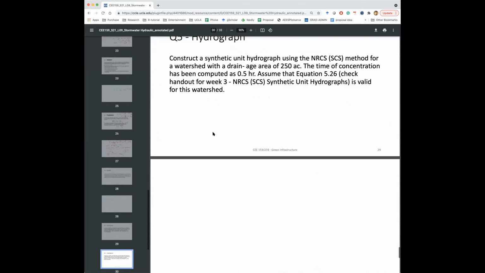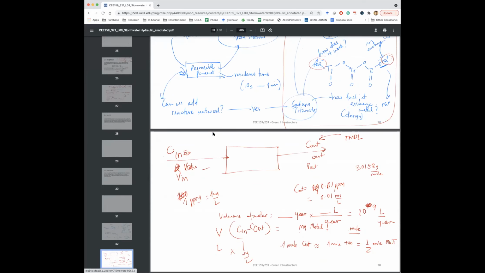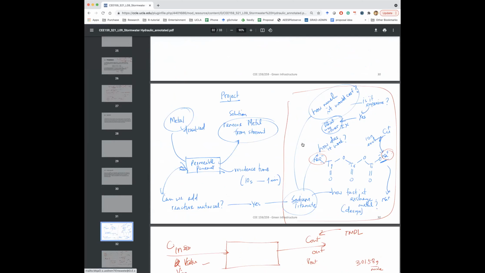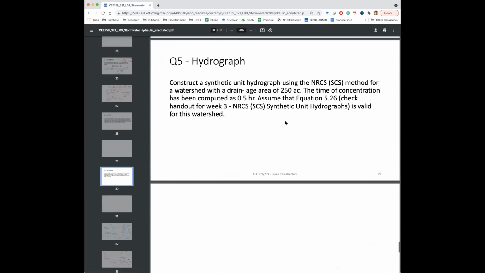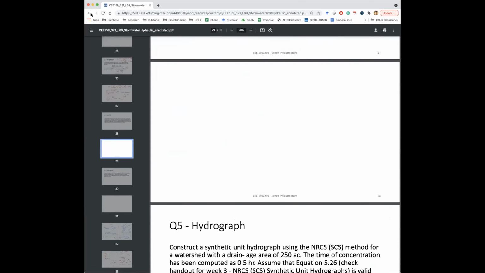Okay, so you can see if you have difficulty, at least some of the questions we already solved. This is one of the discussions we had for a project. One student asked questions, so you can see those. All right, so that's all for the handouts so that you can see where things are. Let's go back to the